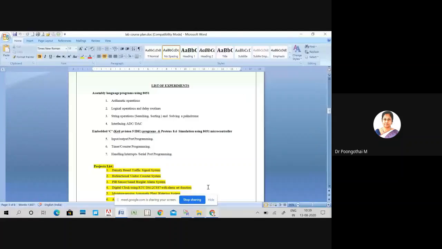Okay. So, 8051 microcontroller laboratory. Actually, this lab completely focuses on 8051 microcontroller programming, where we will be doing both assembly language programs and embedded C programs. And the first cycle, generally, we will be doing the experiments using 8051 trainer kits.